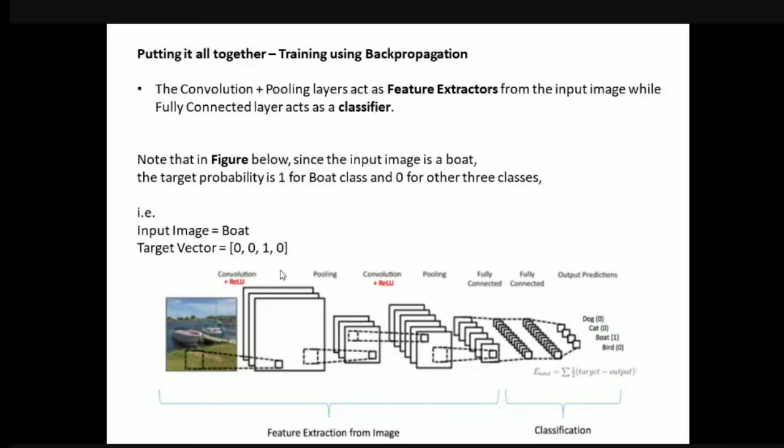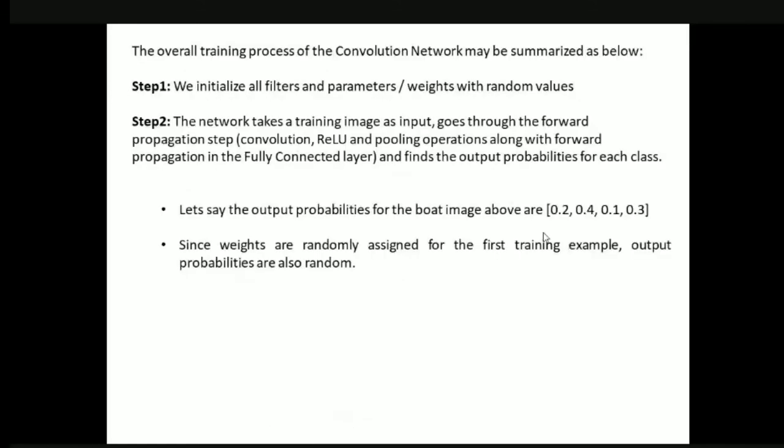For this purpose, we will be using the backpropagation algorithm, right? How we use the backpropagation algorithm, we have discussed in the previous classes. So now let us understand the different steps included in this particular training algorithm. First of all, we will initialize all the filters and parameters with some random values. The network is always initialized with random values, because initially we do not know the optimum or exact values.